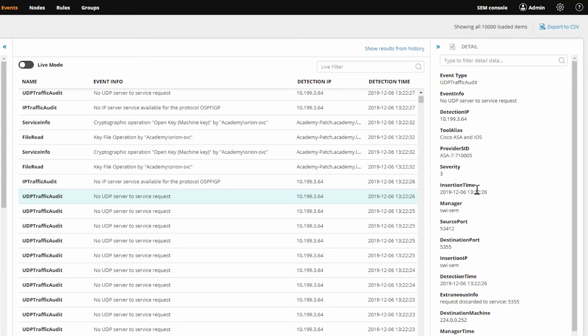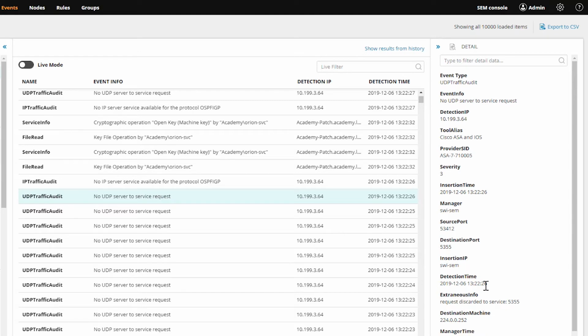An important note on that is this is actually a very good troubleshooting or performance indicator. You'll notice that the time here is synced up down to the second. That's not always the case. Under normal conditions, your SEM is going to be very near real time or real time. So these two should be very close together, maybe just a few seconds apart, and that's optimal.